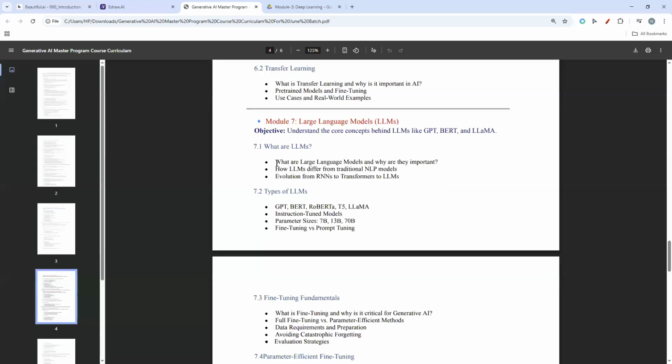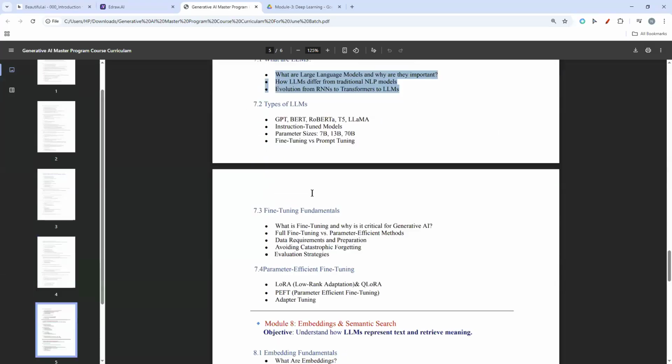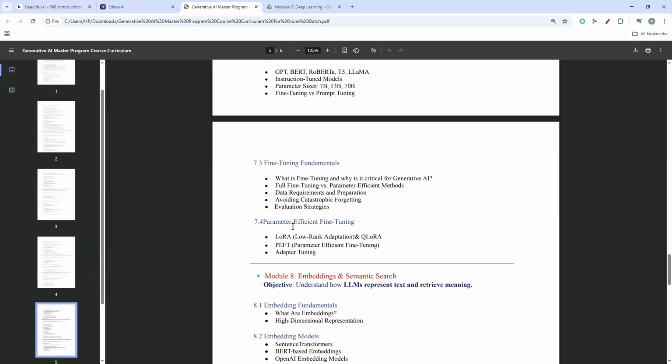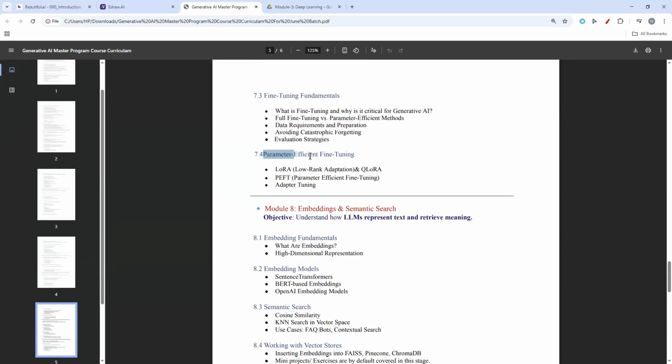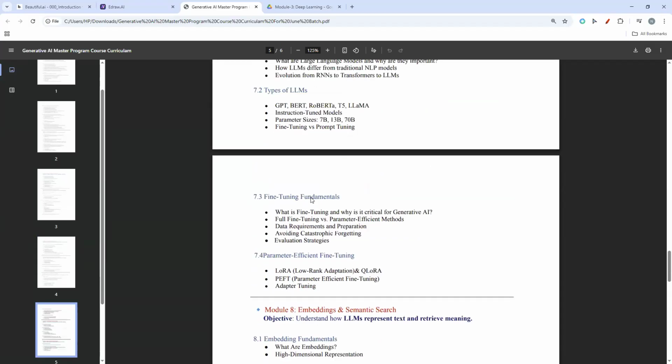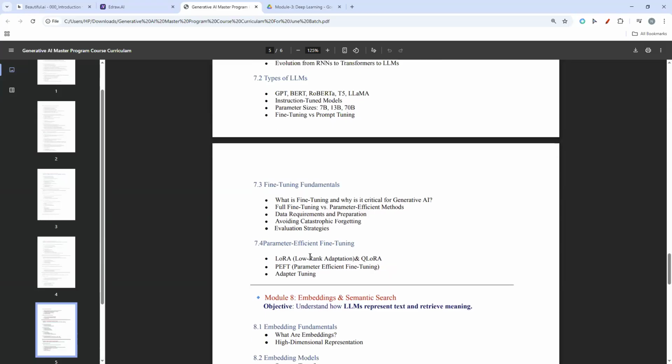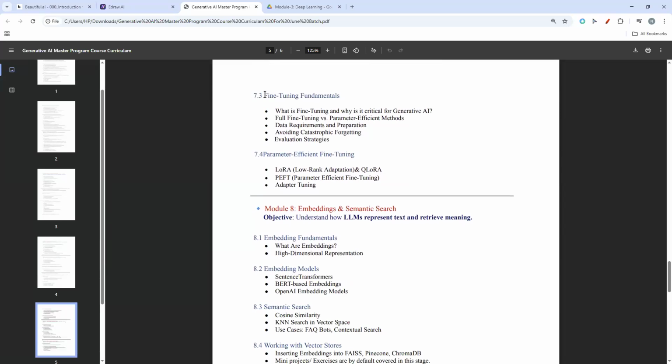We'll tell you what all these things are, the types of LLMs, fine-tuning, and parameter-efficient fine-tuning: LoRA and QLoRA, PEFT, adapter tuning. We are going to fine-tune two models here, some 5 billion, 7 billion or 2 billion parameter models. So fine-tuning fundamentals and fine-tuning of a model are covered here.